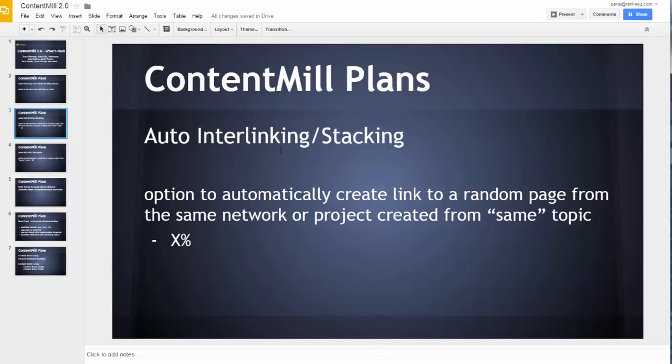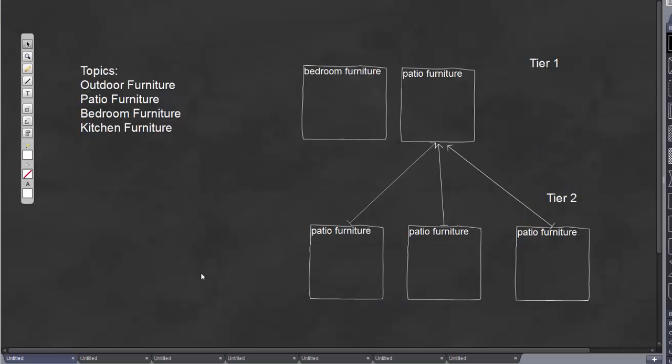The next one is auto interlinking and stacking, based on similar or the same topics. I will switch to the diagram. So this is our current implementation of topics and linking based on the similar topic. Let's say we have topics: outdoor furniture, patio furniture, bedroom furniture, kitchen furniture, and we create tier 1 content from these topics, and then it's automatically sent